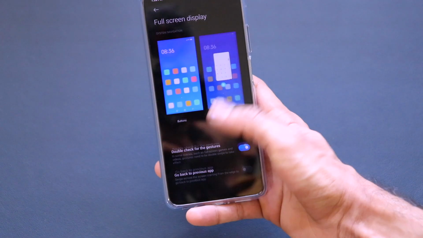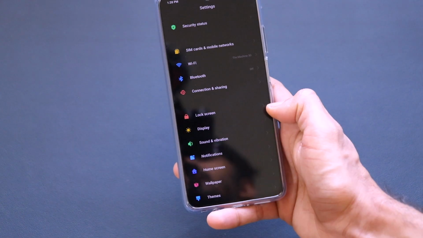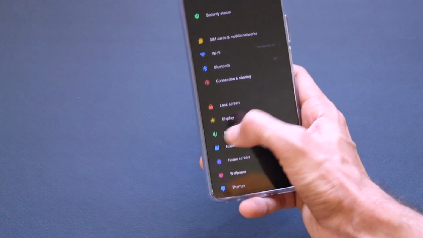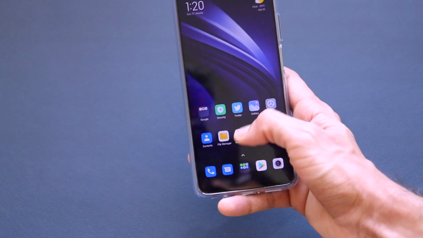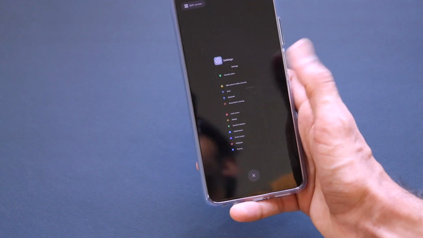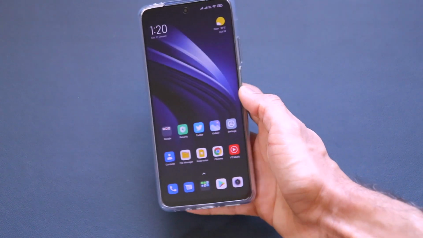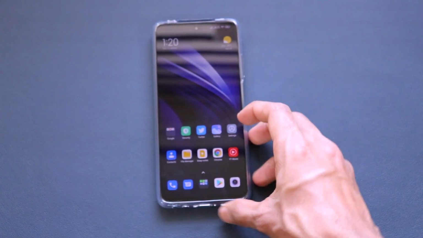It is actually pretty simple. Just go like this and you will go to home. Just swipe from the right or swipe from the left, and you can go back. And when you long press and leave your finger in the middle of the screen, you can go to the recent tabs. So guys, these are the different important tips and tricks for your Xiaomi Mi 10i device.